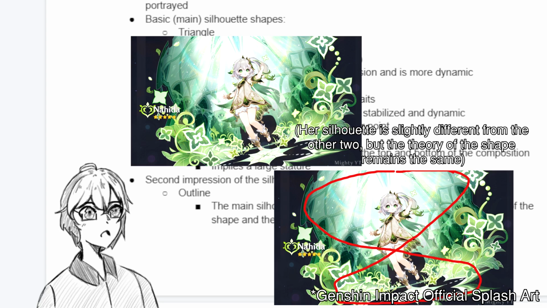Generally, it's called the 8-shaped because you have this sweeping element like you do with the right side up triangle at the bottom. But because it implies a large statue, you normally have something behind the character that gives almost like a holy or a statue of respect in terms of the character. So you'll see a lot of big outlines behind the character, maybe even a halo. That's where this 8-shaped comes in, because the gaze kind of sweeps back and forth between the top